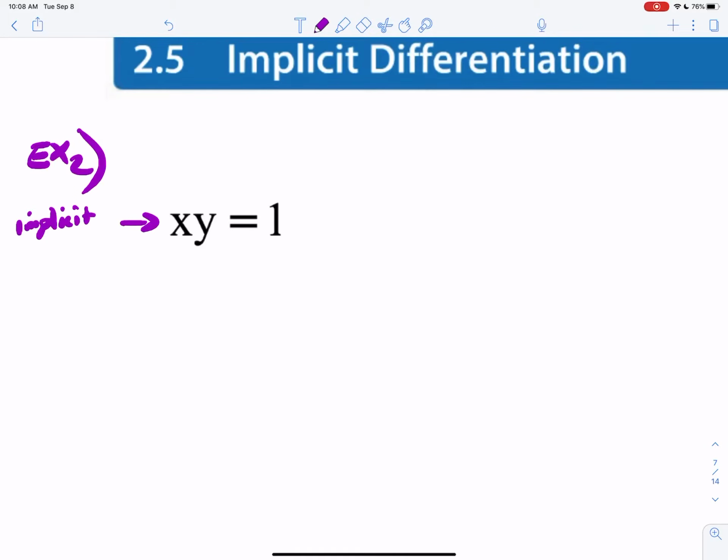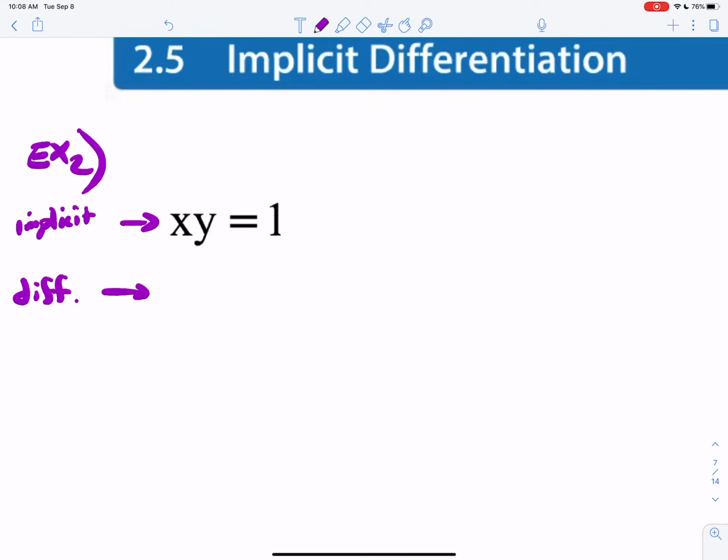Absolutely, you can. Okay? But I'm going to tell you guys right now, on the AP exam, as well as my exams, when they give you something implicit, they will give you something that you cannot fix. Meaning, it's virtually impossible to rewrite it so that you can solve for y. And I'll show you some examples later on, okay? Okay, so here's what we do. We're going to go ahead and take the differential. Okay,